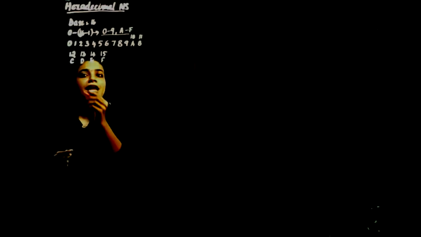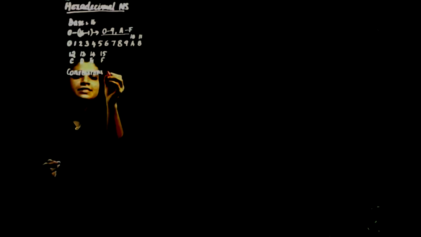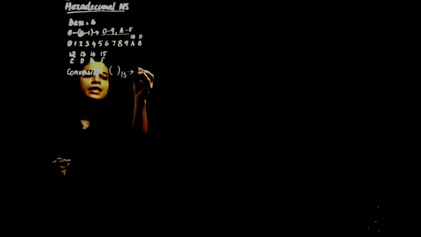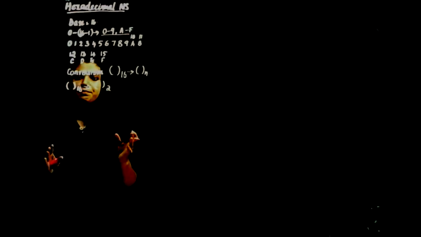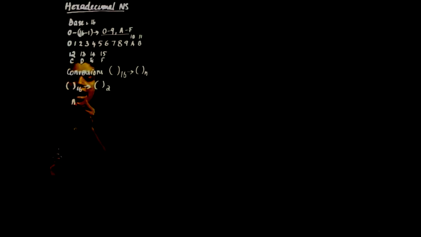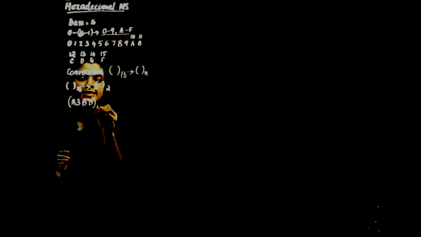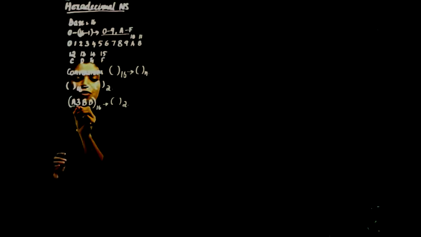Next is conversions. Conversions from hexadecimal to other number systems. First we will see a hexadecimal number into the corresponding binary number. This is quite simple, as we already have done conversions from octal to binary. Similarly, suppose A3BD of 16. To convert it into the corresponding binary, we take each of these digits individually and convert